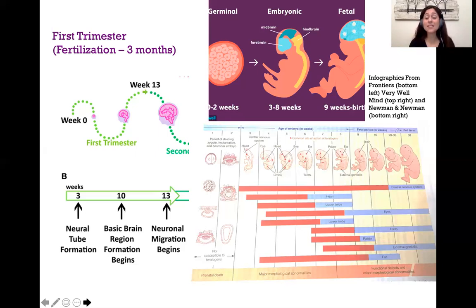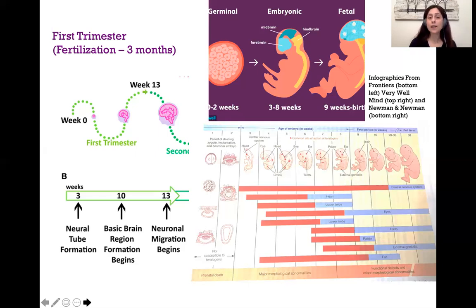Okay, and there are some serious implications of trauma or drug or alcohol exposure during this stage. On the more dramatic end, a miscarriage, for example, those are very common. In the second period, the embryonic period between 3 and 8 weeks, important elements that will support the developing embryo develop even further. So, for example, the amniotic sac. The amniotic sac buffers the embryo and allows it to move around.